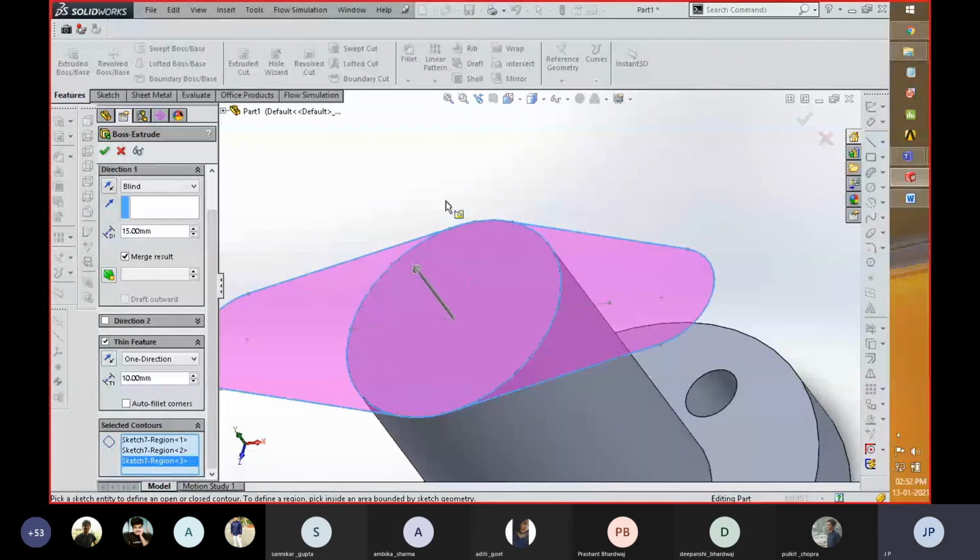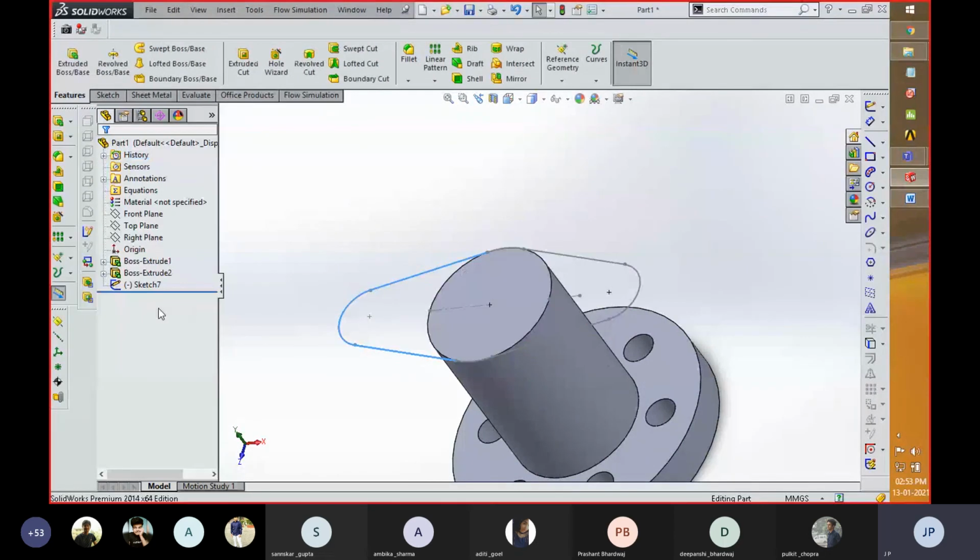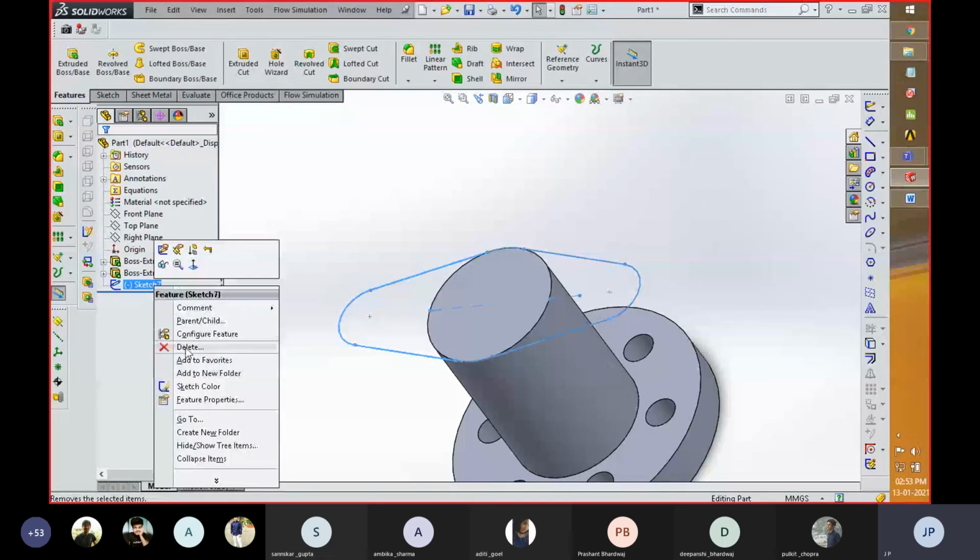The sketch may be open from some side, that's why this is not going to be completed. So if you are facing such problems, you need to enclose the sketch which is created right now. For that purpose, you have to re-edit that sketch.